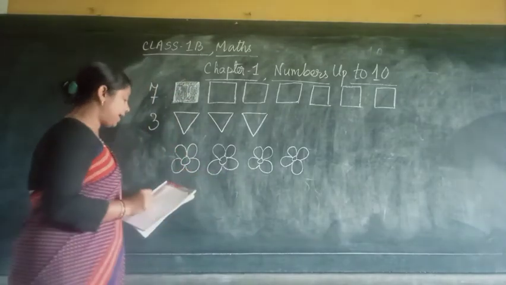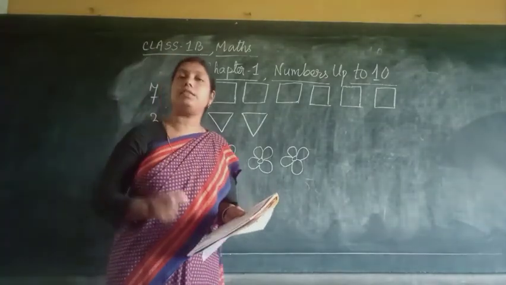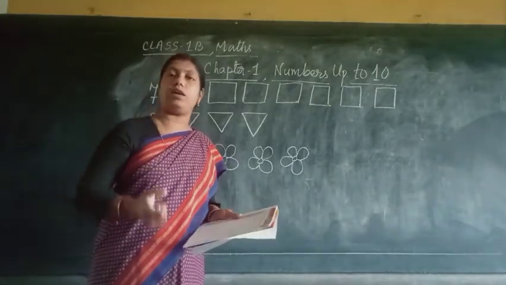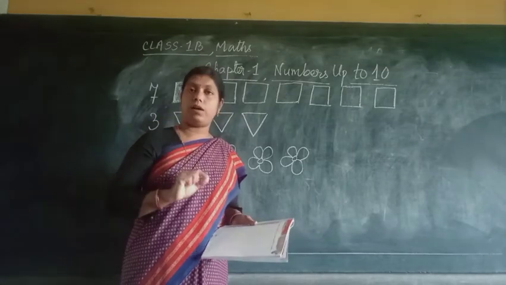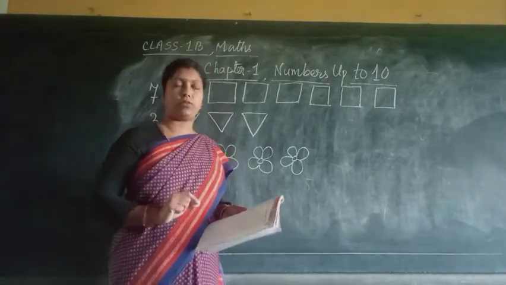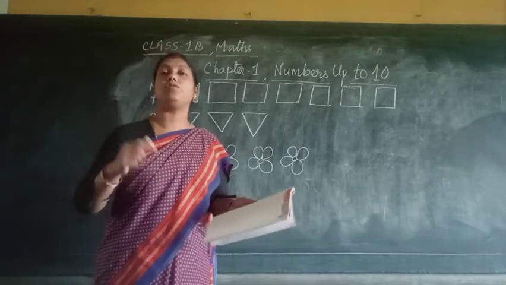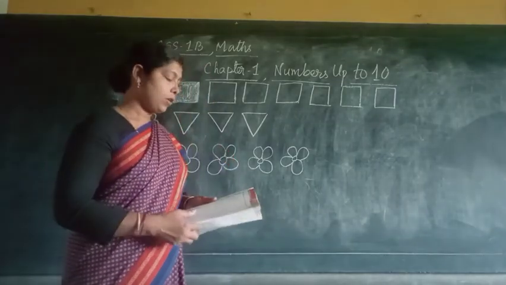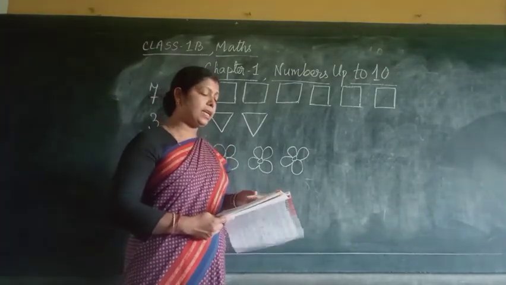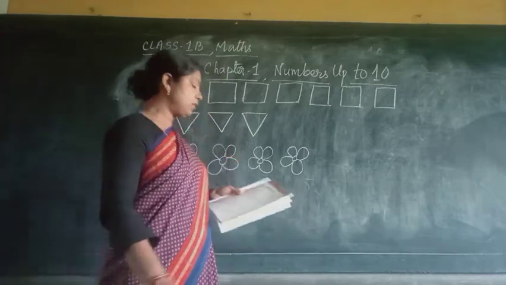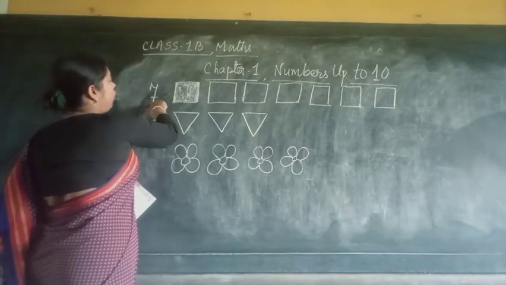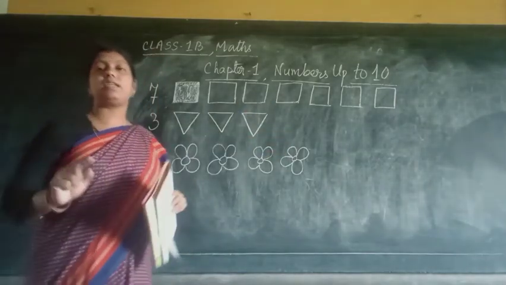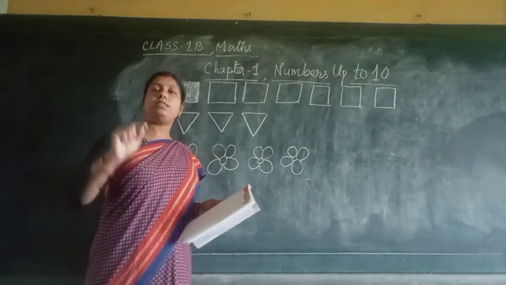Alright, you see here, like number 4 is already given there, 4 circles are given. Okay, so you color the 4 circles according to the choice of your color. What color you want to shade it, you use that color please. Okay, so suppose you want to use red, you can use red, you can use blue, you can use green, you can use yellow, whatever you like. Alright, so you see here the number 4 is given and 4 circles are drawn. Next one you see, I have drawn here 7. Okay, 7 is the number, so 7 squares I have drawn. 7 boxes. It's like a square. So I have drawn here 7 boxes.